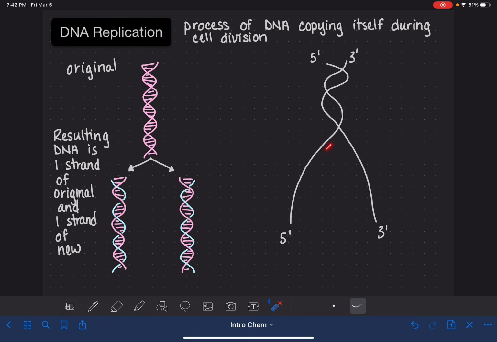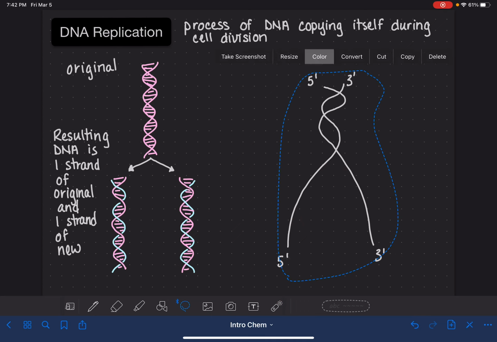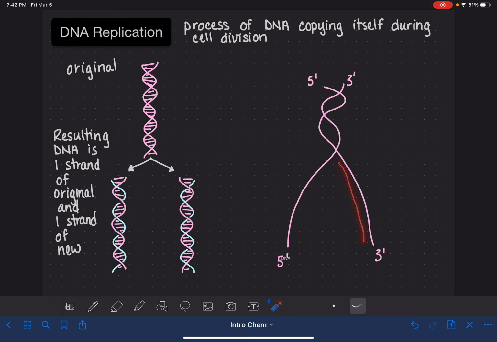The new strands of DNA are synthesized alongside these original strands. Just to be really consistent, I'm going to change this to be colored pink so it matches the same coloring I'm using over here. So the new strands of DNA are going to be synthesized here alongside this DNA molecule as it opens itself up. So we'll get one strand synthesizing right alongside here, and as this new strand is synthesized, the hydrogen bonds will connect it to the old strand, and then it will also begin to twist itself up into the double